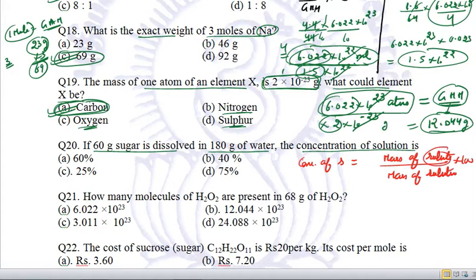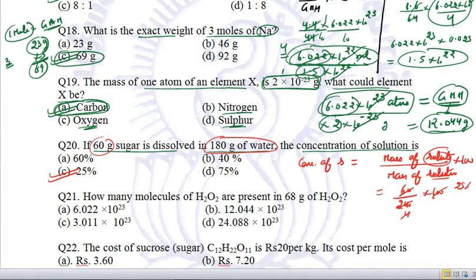This is equal to mass of solute divided by mass of solution multiplied by 100. Mass of solute is given to us to be 60 grams. Now mass of solvent is given, that is water. So we are not going to take 180, we are going to take the mass of solution, which becomes after adding the mass of solute as well as solvent. So it will be 240 multiplied by 100, cancelling it out, this comes out to be 4, and the answer will be 25%. That is C will be our answer. 25% will be the concentration of this particular solution, right?